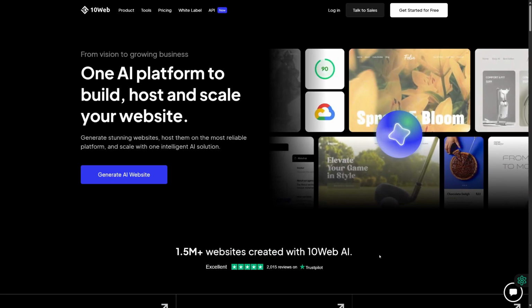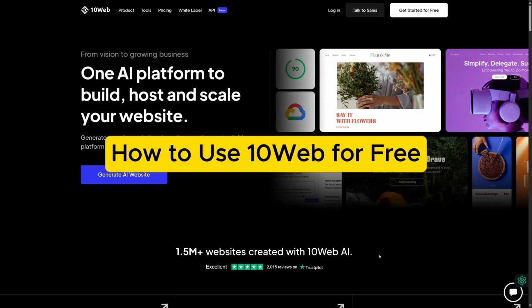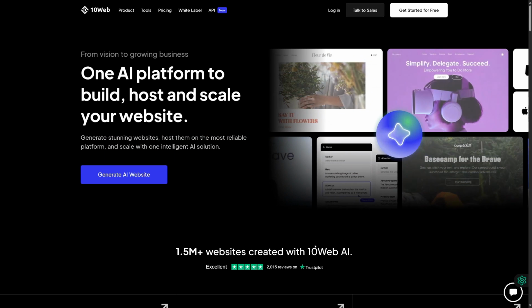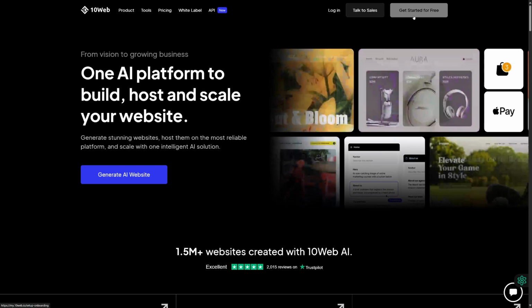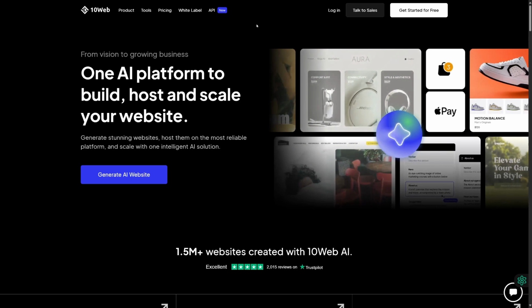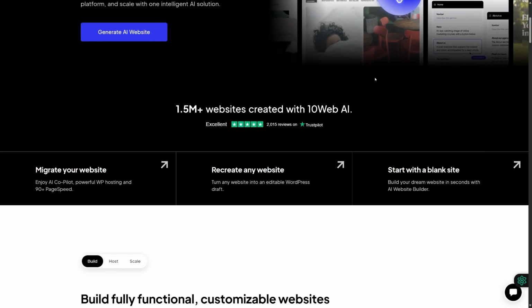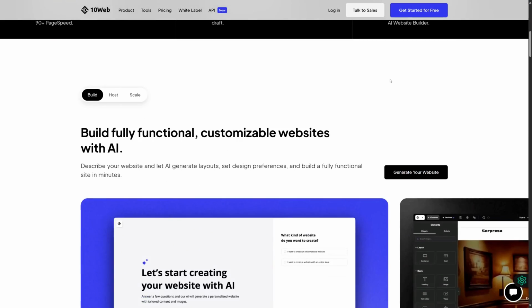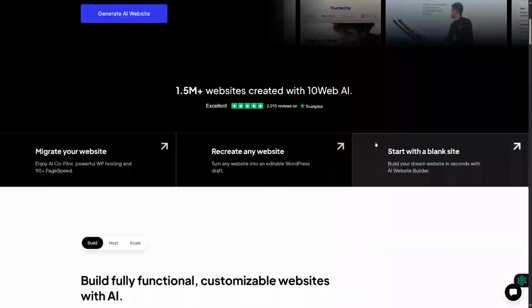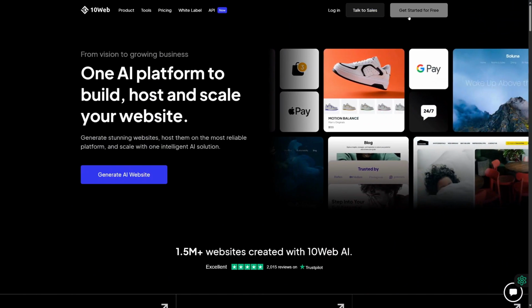Today I will be showing you how to use 10web for free. So this is going to be a pretty easy process. First, what we need to do is click on the option on the top right side which says get started for free. Now basically, 10web is an amazing platform that offers a variety of options to build amazing looking websites without any coding knowledge. So click on the option which says get started for free,